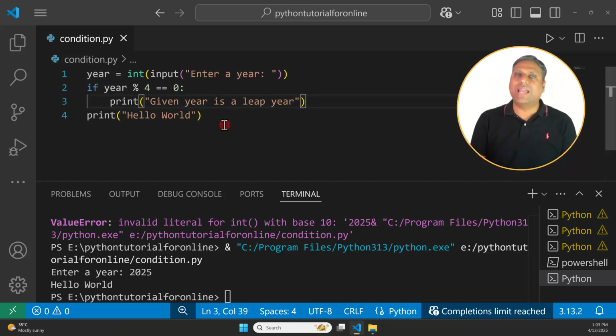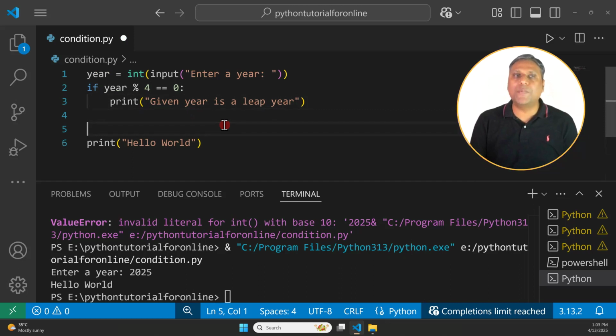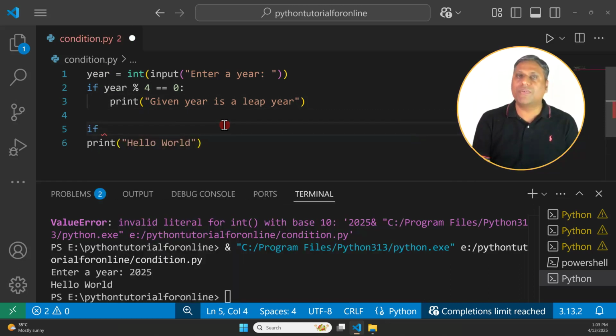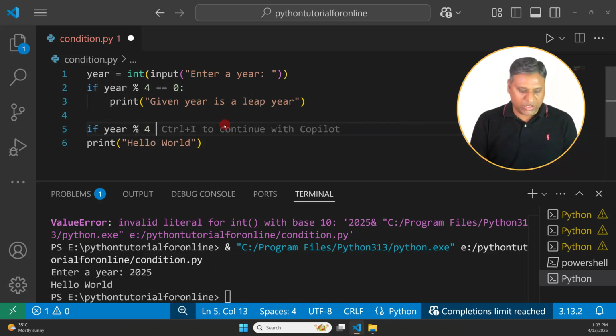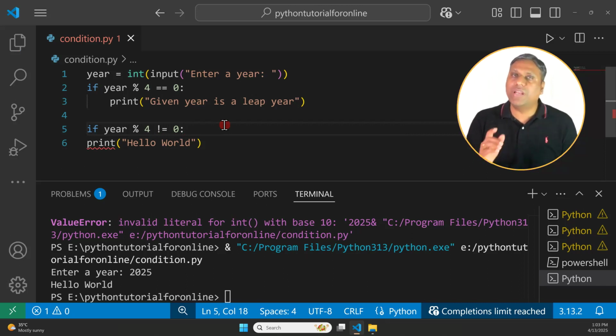And not only that, in one program you can also check for multiple conditions. For example, here I want to check if the given year, when it is divided by 4, is not equal to 0. That means I want to check whether the given year was not a leap year. So for that, I am doing this.